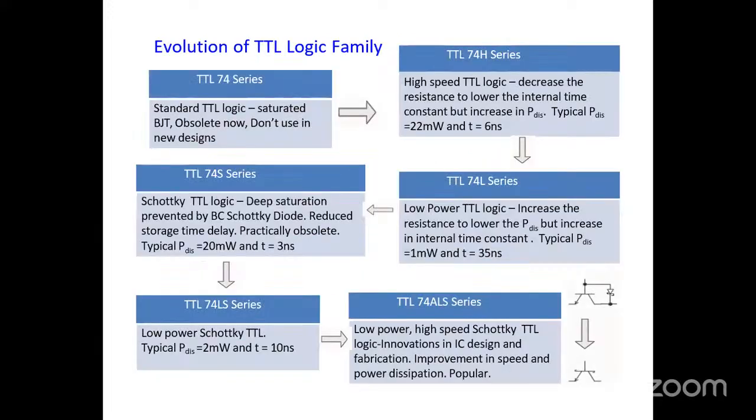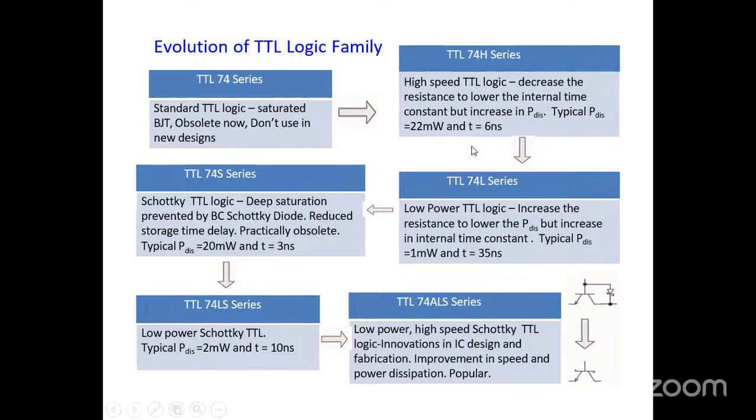Then coming to this evolution of the TTL logic family. The IC number starts with the 74 series, standard TTL logic, saturated BJT. Now they are not in use. BJT technology, but whereas the next is the high speed TTL logic, which decreases the resistance to lower the internal time constant but increases the power dissipation, and typical dissipation is 22 milliwatts and the delay is equal